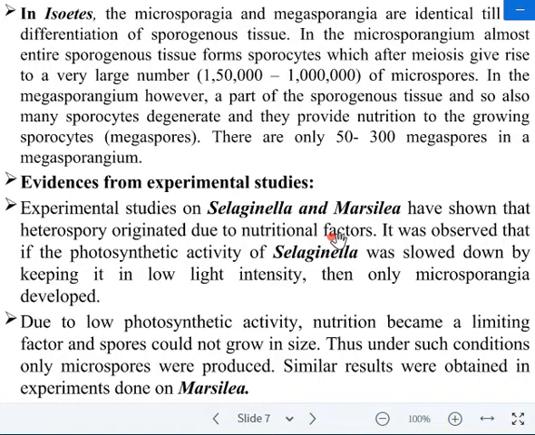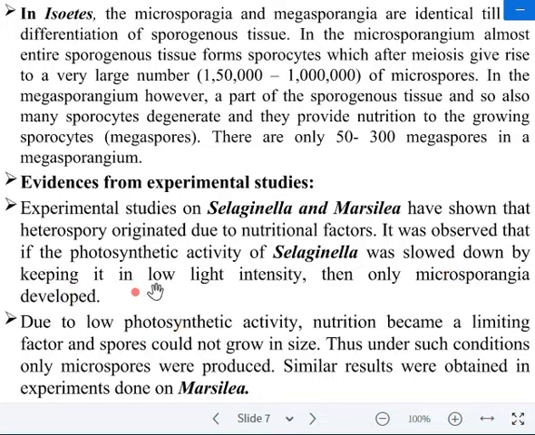ये बिल्कुल मैंने बता दिया कि जिन स्पोर को कम फूड मिलता है वो माइक्रोस्पोर छोटे रह जाते हैं, जिनको पूरा फूड मिलता है वो बड़े हो जाते हैं, यानी कि लार्ज हो जाते हैं मेगास्पोर। तो ये एक्सपेरिमेंटल कंडीशन से भी रखा कि सिलेजिनेला और मार्सिलिया के प्लांट को आप लाइट में रख दो, फोटोसिंथेसिस ज़्यादा होगा, फूड ज़्यादा बनेगा, तो उनमें हेट्रोस्पोरी टेंडेंसी प्रॉपर होती है। It was observed that if the photosynthetic activity of Selaginella was slowed